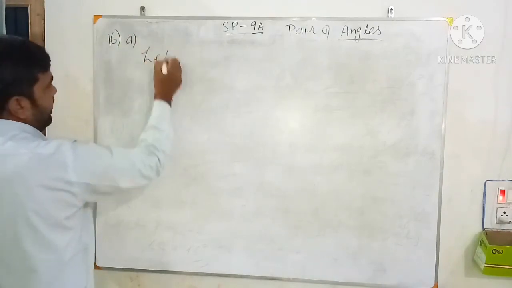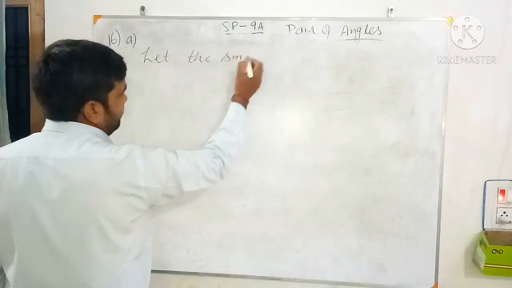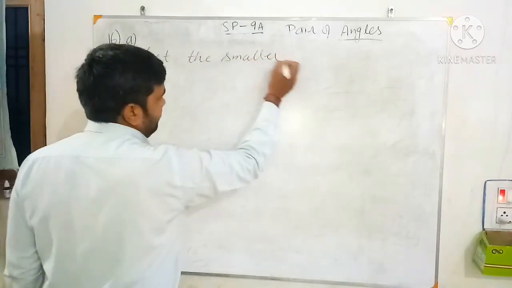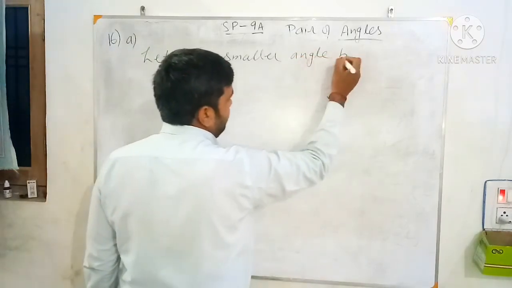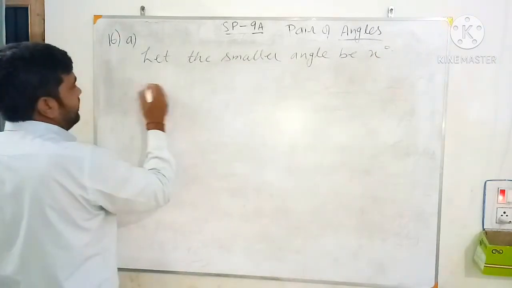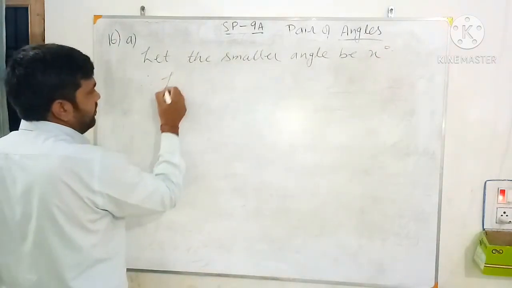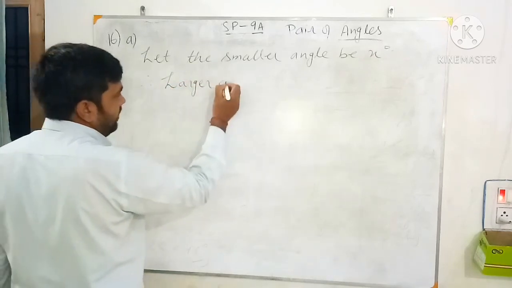So let the smaller angle be x degree. Therefore, larger angle equals to...